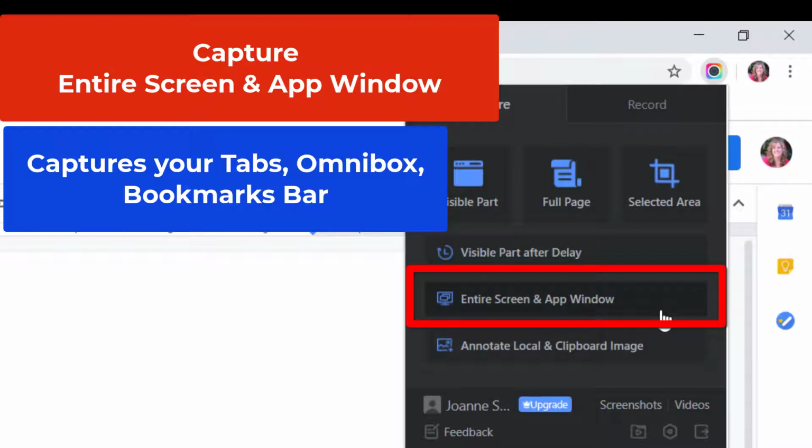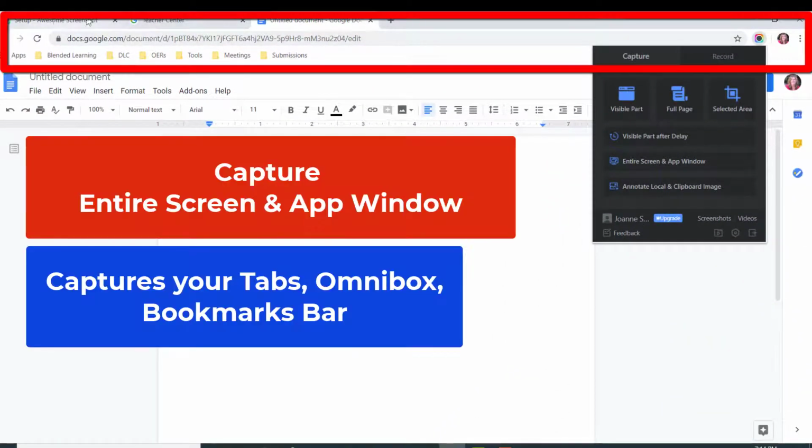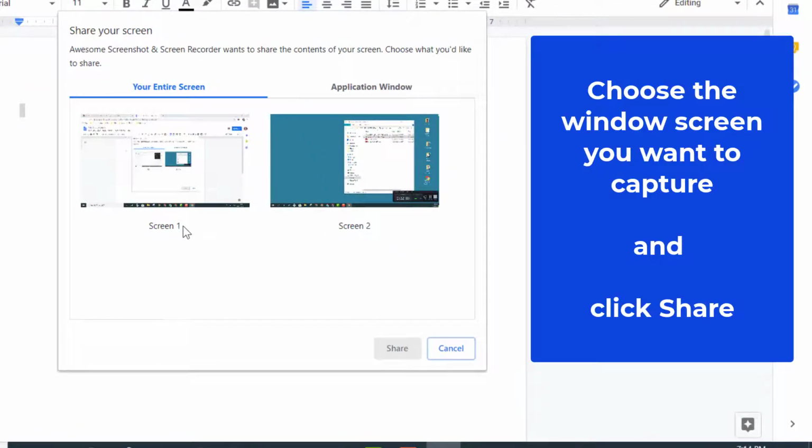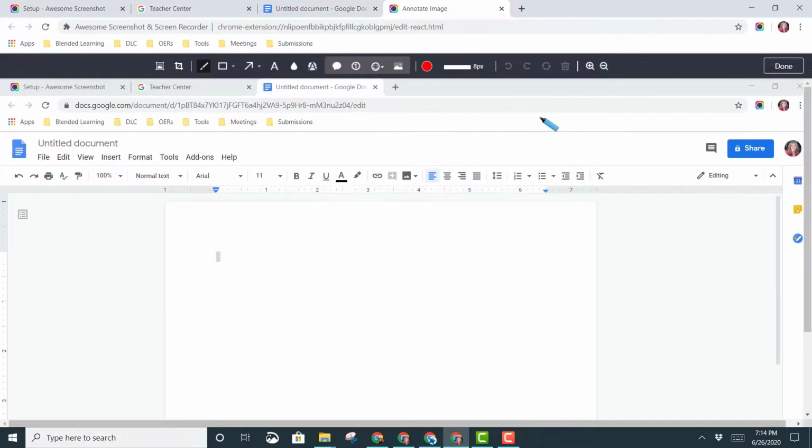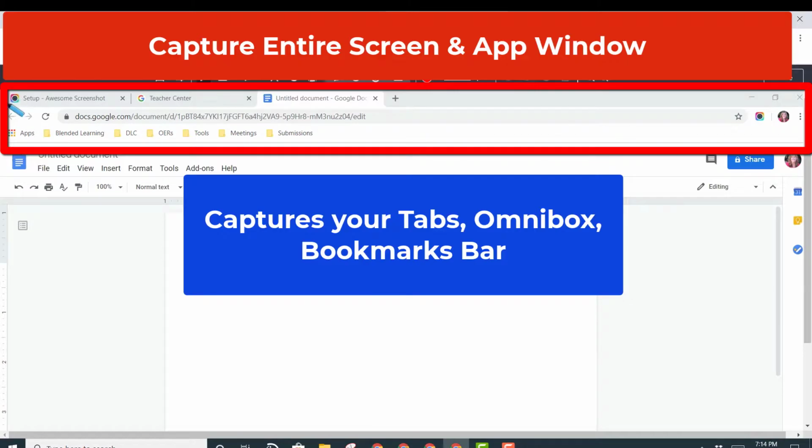The entire screen and app window. If you want to capture your tabs across the top and your favorites bar and the Omnibox URL, that's when you choose capture the entire screen and app window. So when we choose this option, if you have more than one screen open, it'll ask you which one you want to choose. Choose the screen that you want, and then you click on the Share button. This now will capture, notice you see my tabs across the top, the Omnibox, all of my favorites, and the